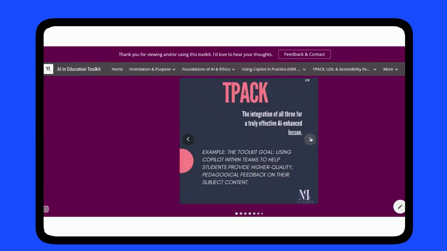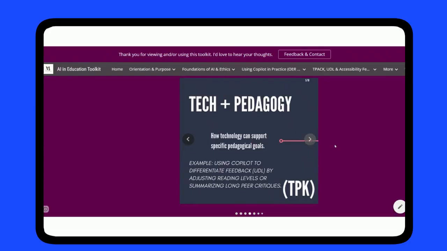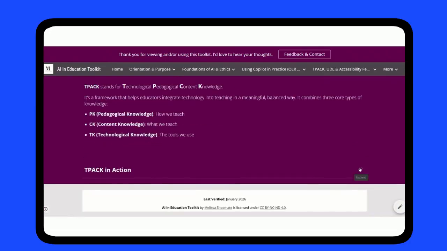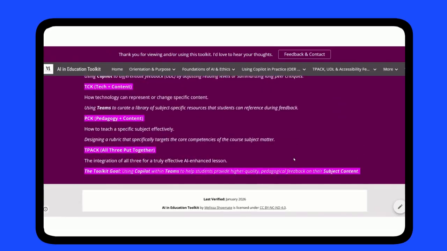This is a carousel. I personally love carousels. But if you're low visioned or anything of that nature, it's not going to be accessible. So to make it accessible, I also have it written out in written form so that way you can utilize it that way. You'll notice as we continue to go through that UDL, which is Universal Design for Learning, does